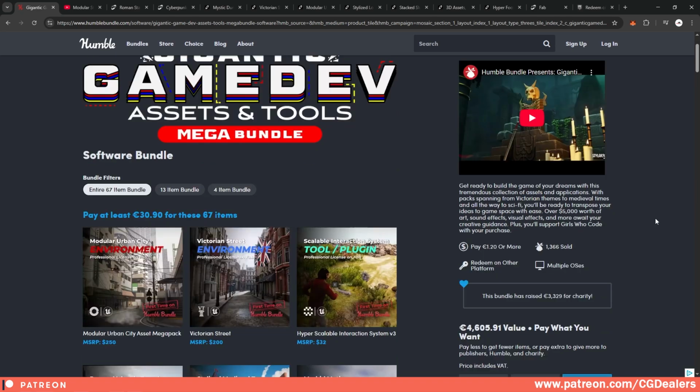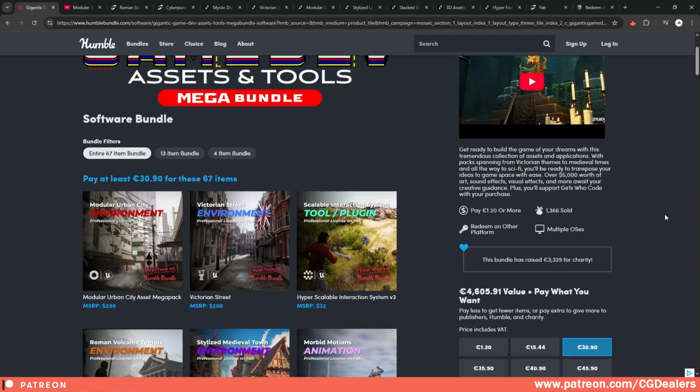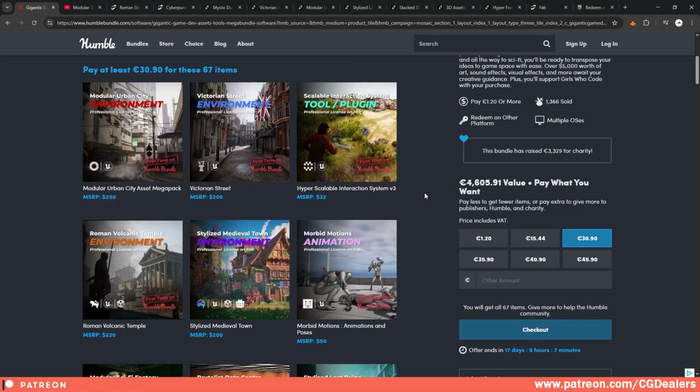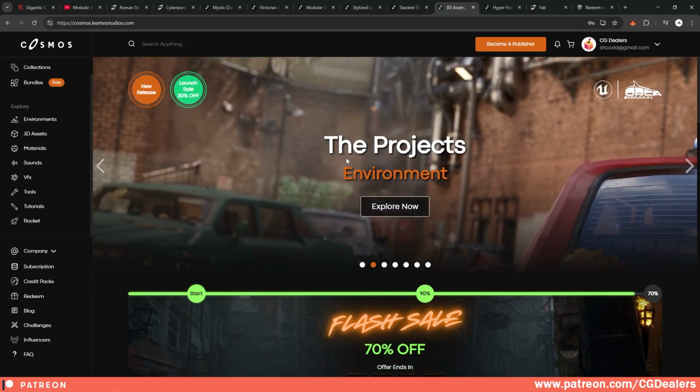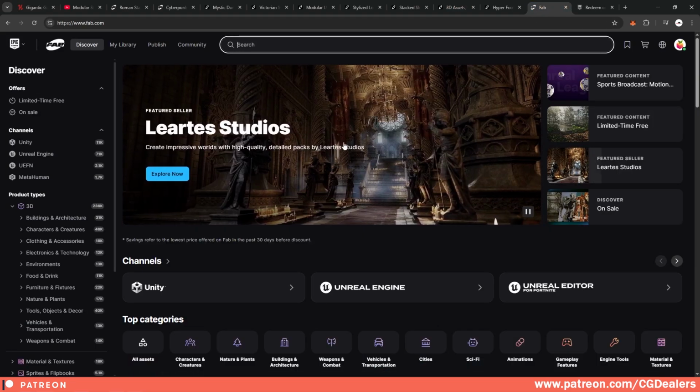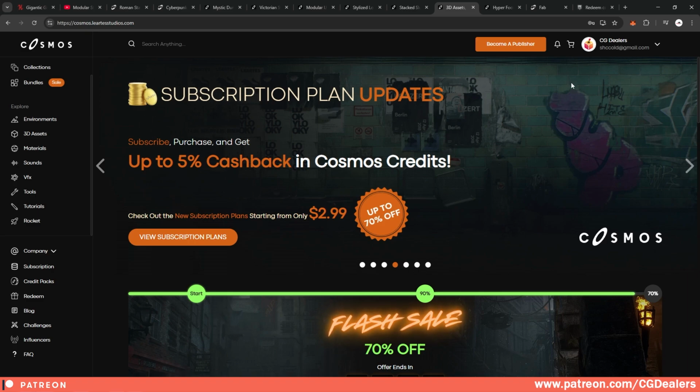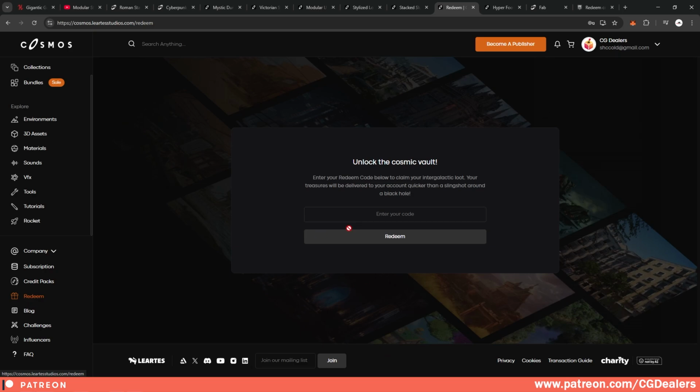Everything in this bundle is available for Windows, Mac and Linux. So no matter what system you are on, you're covered. And here's the best part, all those assets can be redeemed directly on Cosmos and also on Fab. What you need to do is have a registration on Cosmos, then go to the section on the left, redeem, click redeem and just put the code from the Humble Bundle over here in Cosmos and the assets will be